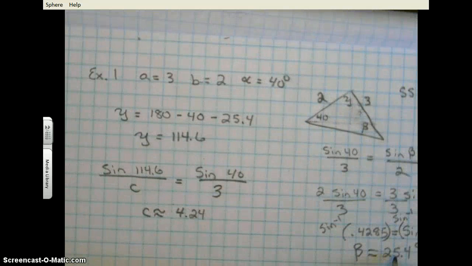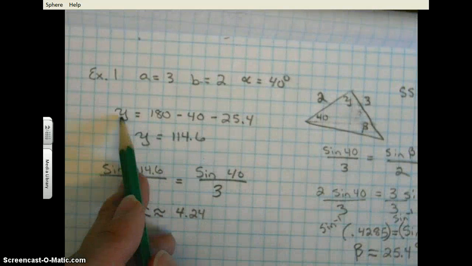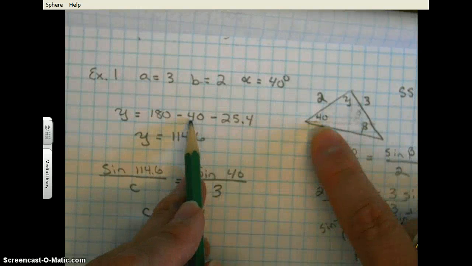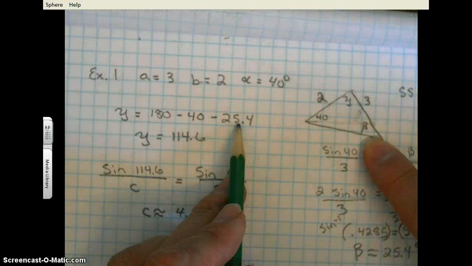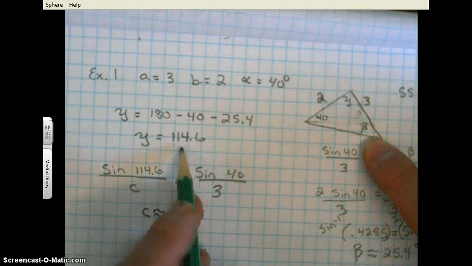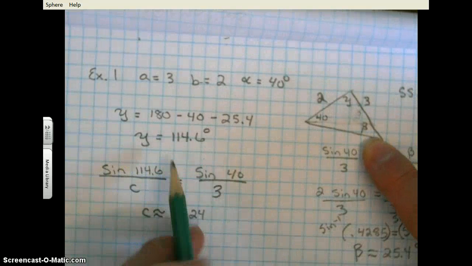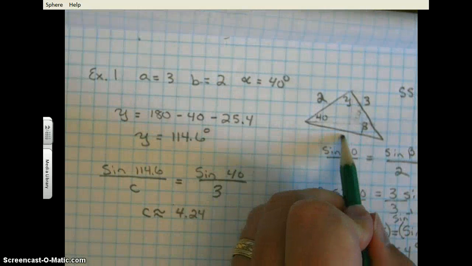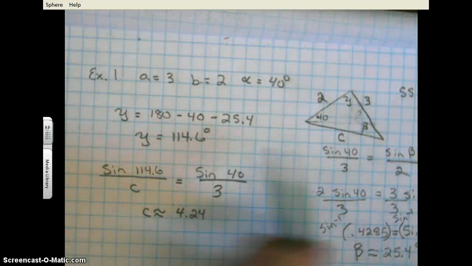Using the triangle sum theorem, gamma is going to be 180 minus 40 minus 25.4, and you get 114.6 degrees for gamma. So then to find C, we're going to use